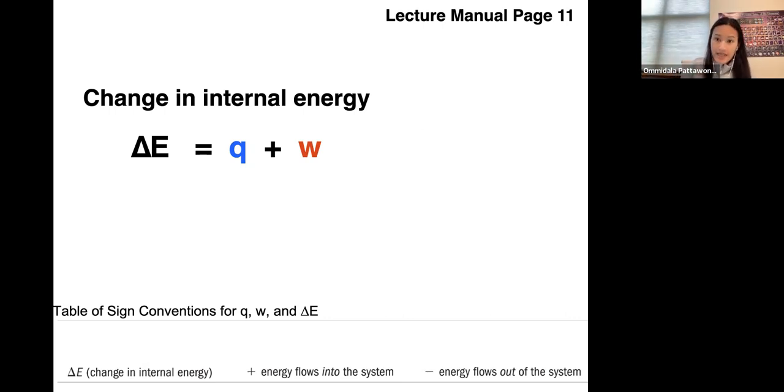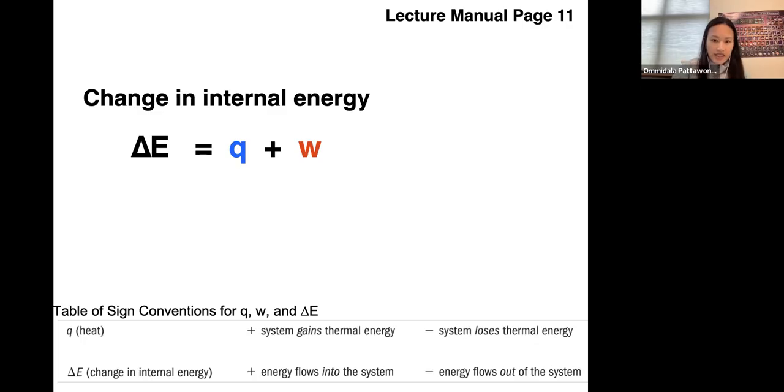For example, if you are looking at a combustion reaction, let's say of octane, right? So the octane is your reactant, and after it combusts, it becomes carbon dioxide and water. In this case, the difference in potential energy of the octane molecule, which is the reactant, and the energy of the water and carbon dioxide molecules, the difference between those two is what we call the internal energy here, and that is equal to heat and work. What does it mean exactly? Well, it means that